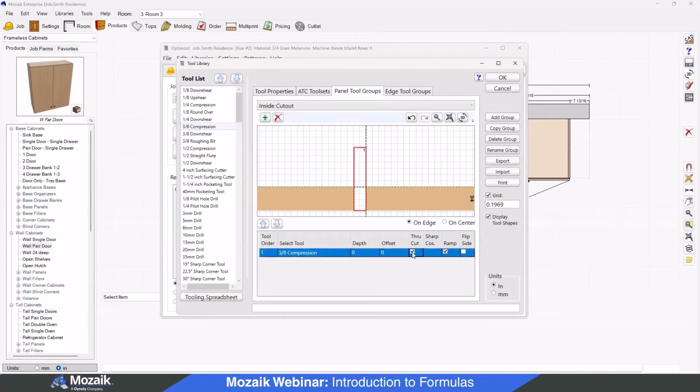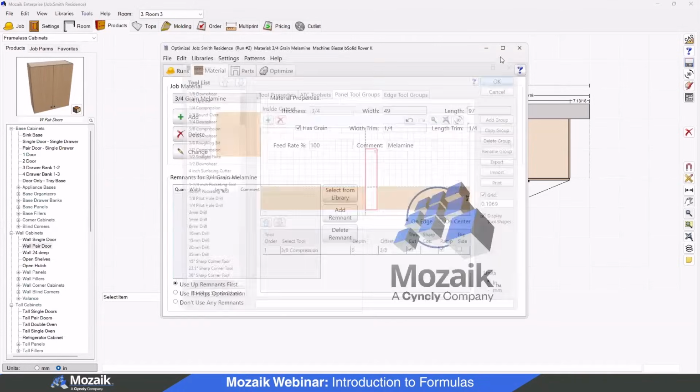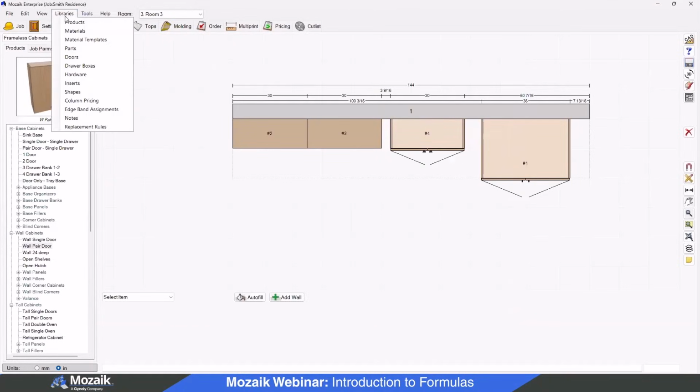I want this to always do a through cut. I don't care what the thickness of the material is. I always want it to do a through cut. And right now we're working on the outside of that line. So my offset needs to be the diameter of the tool to be on the inside of that line. I'm going to hit OK and go back into my hardware,